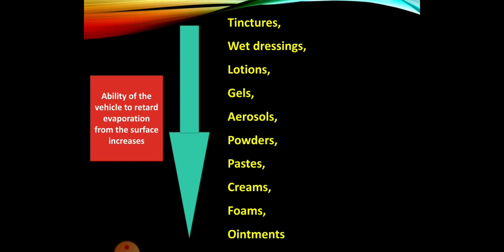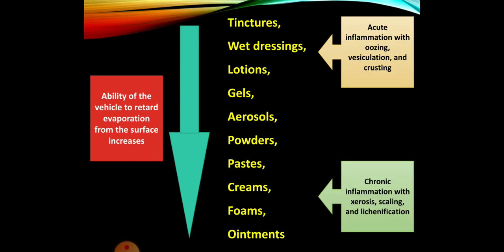It's coming from above downwards, whereas in acute inflammation and oozing lesions, you are basically applying the above 3 or 4. The gels are mostly suited for skin where the patient has pimples, especially what is termed acne vulgaris. So in those cases you can use gel preparations, where the vehicle should be in gel form. Whereas in chronic inflammations like xerosis and scaling, that means dry lesions, it is better to use creams and ointments.